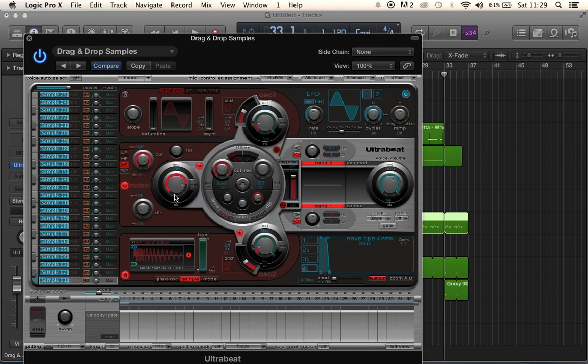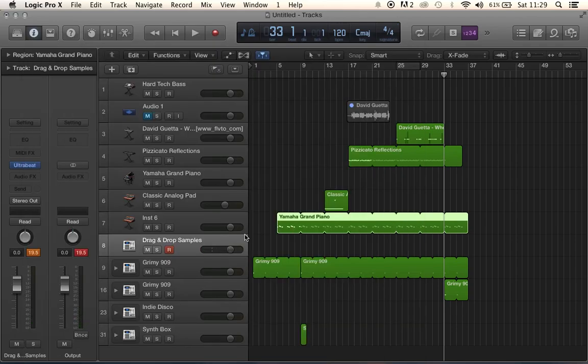Now we're going to turn on noise. So now, once I press that, it will start a noise. And if I change the cutoff, you can hear what happens. So that creates a noise sweep basically. So here we're going to want a noise sweep just here. So I'm just going to start it here and